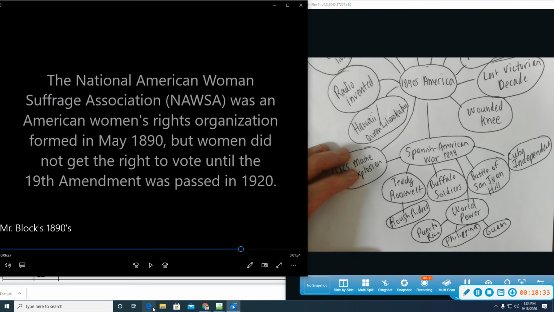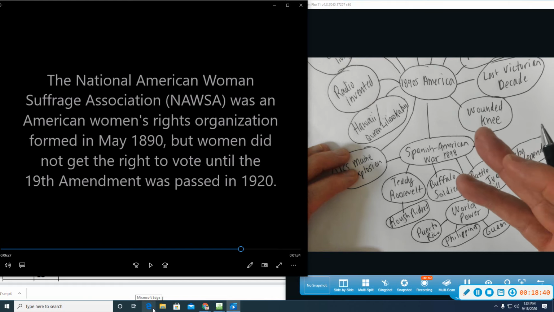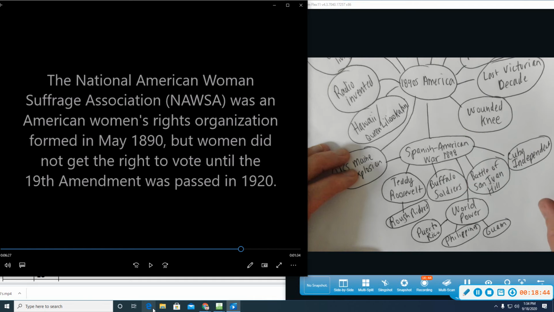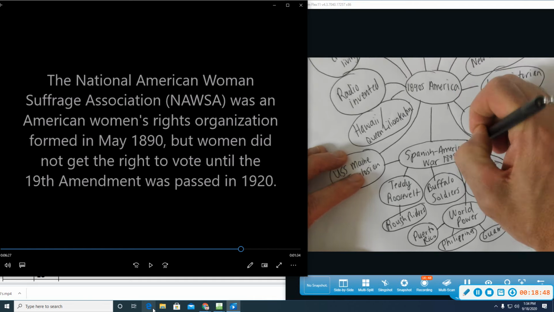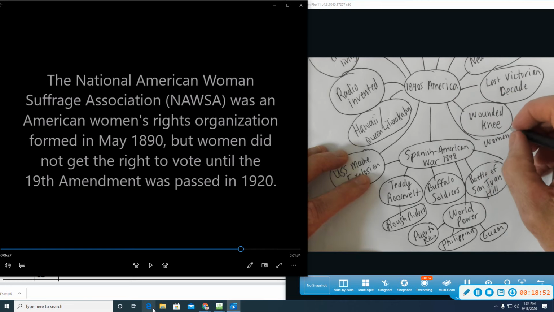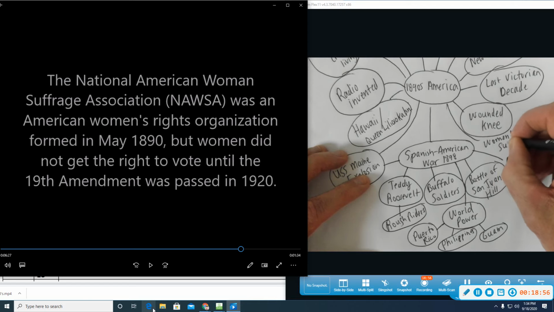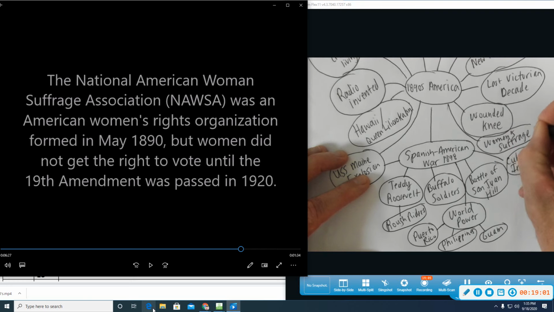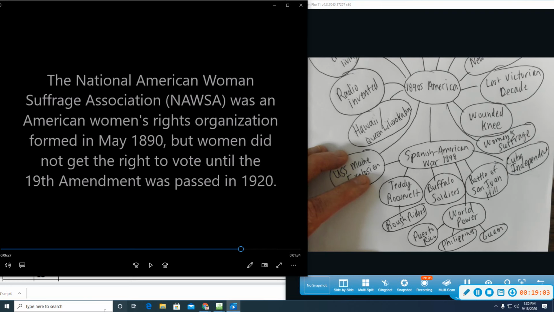You don't have to write all this down, but women have been fighting for their rights to vote for many, many years. All the way back to Seneca Falls, New York in your 8th grade lessons. But now it's the industrial period, and they're getting very organized. So you can just put women's suffrage. We're going to talk about this more because they're going to finally get it. By what year? 1920, the 19th Amendment. But this is where we're going to start talking about it in this class. Okay, women's suffrage, the right to vote.